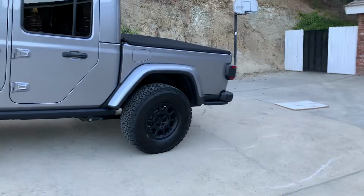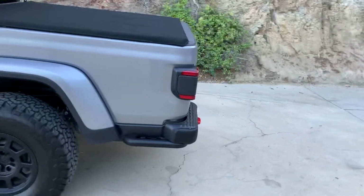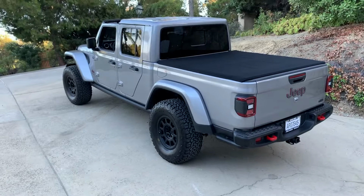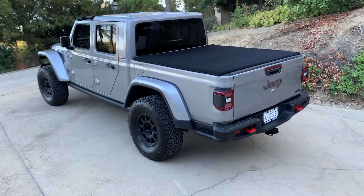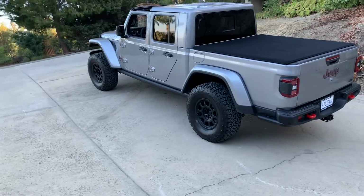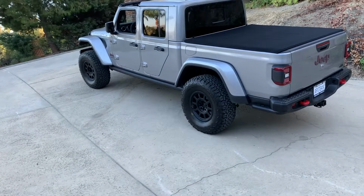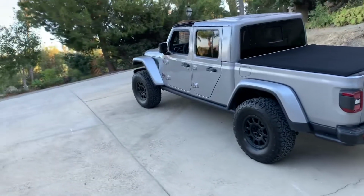I am a little pissed at them actually, because the spare is not matching these wheels. So I'm gonna have to go back there and kind of figure that out. Not happy about that, because I was told, I believe, that it was matching. But anyway, they gave me a big enough discount off of what they were asking for, not MSRP, but what they were asking for, because they're asking about $5,000 for the wheel and tire setup and the leveling kit and whatever